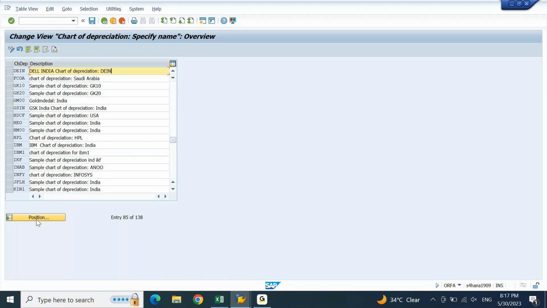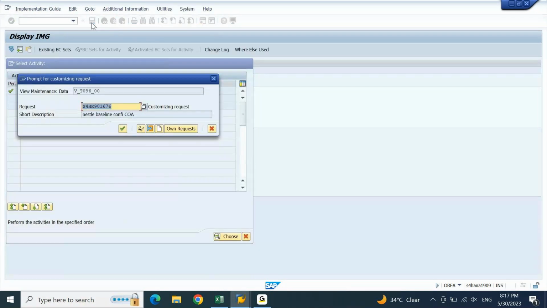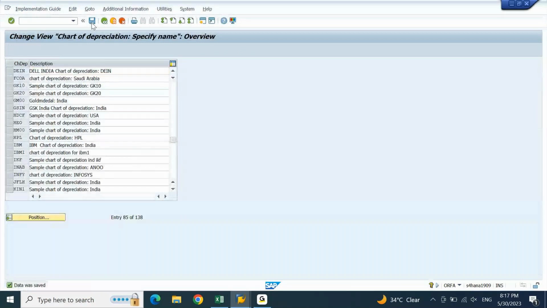But when you are in a real environment, if you have 2-3 company codes in a particular country, you are not going to create multiple chart of depreciations. One country will strictly have one chart of depreciation. All the company codes in that particular country will use the same chart of depreciation. Right? Enter and then click on save. Enter. Now the chart of depreciation description is saved.